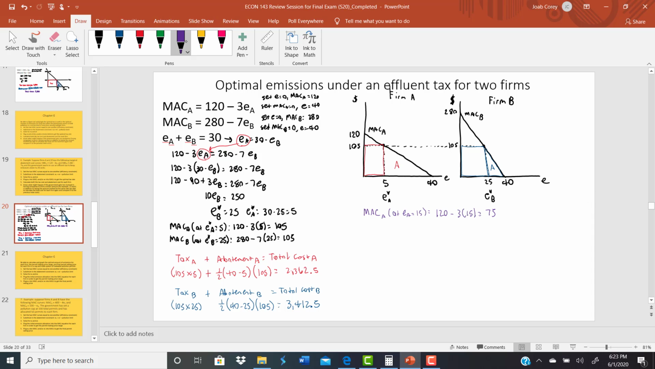So if we have 15 emissions, which might happen somewhere out here, again, this is the amount set by the government, that's going to hit your marginal abatement cost curve here at 75. From there we can figure out both our tax cost and our abatement cost for this firm. So again, we're going to figure out the tax for firm A plus the abatement for firm A, and that's going to give us our total cost